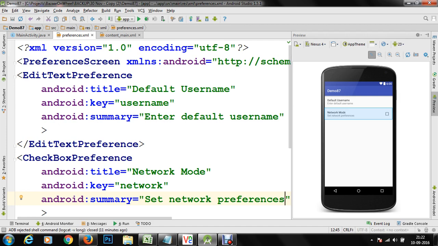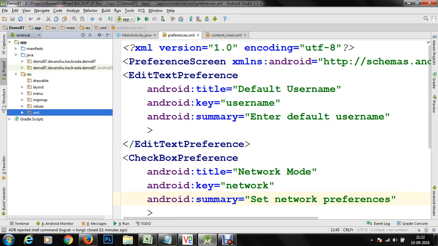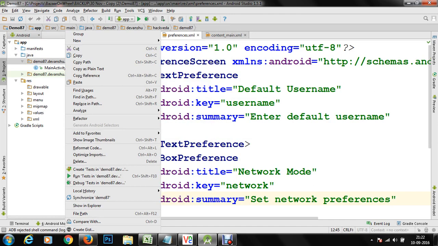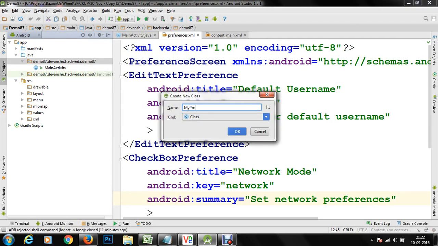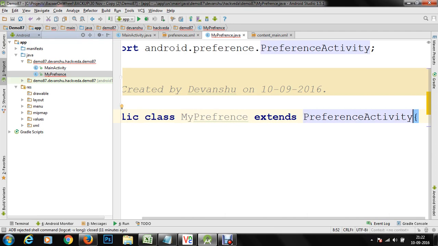Now we need to create an activity for this layout. To do that, I'm going to switch to my Java package. Within my Java package, I'm going to create a new class, and I'm going to call this class MyPreferences. I'm going to click on OK, and I'm going to extend PreferenceActivity within this.